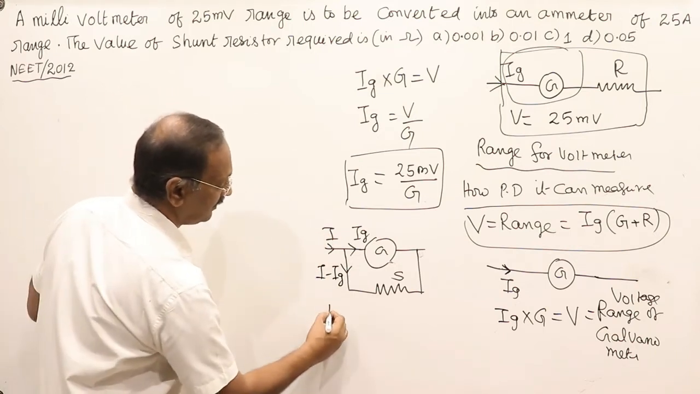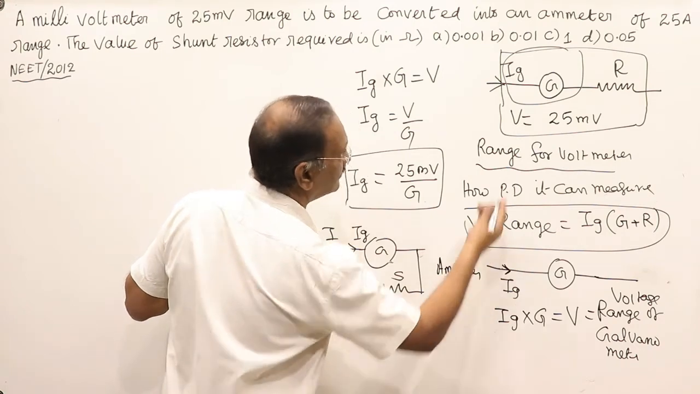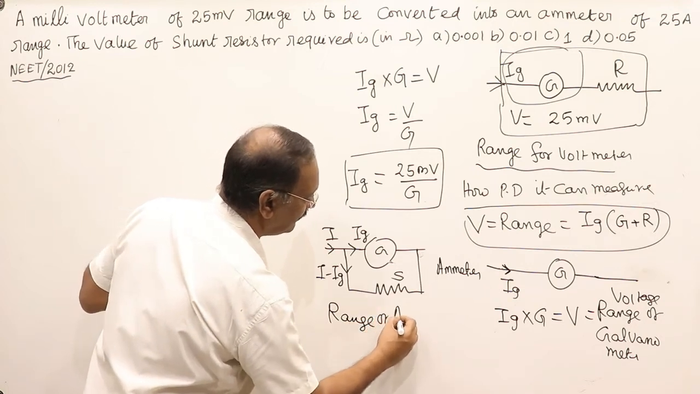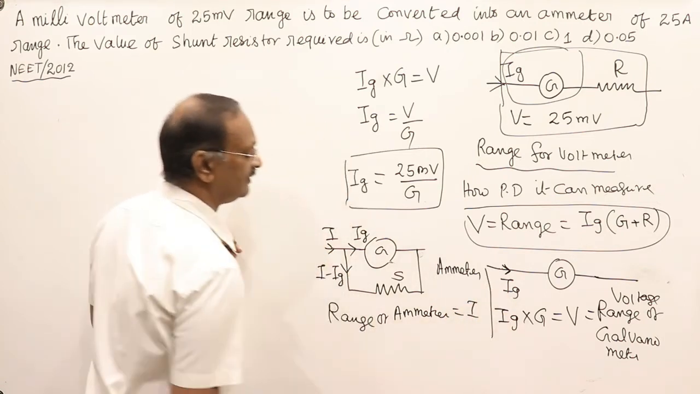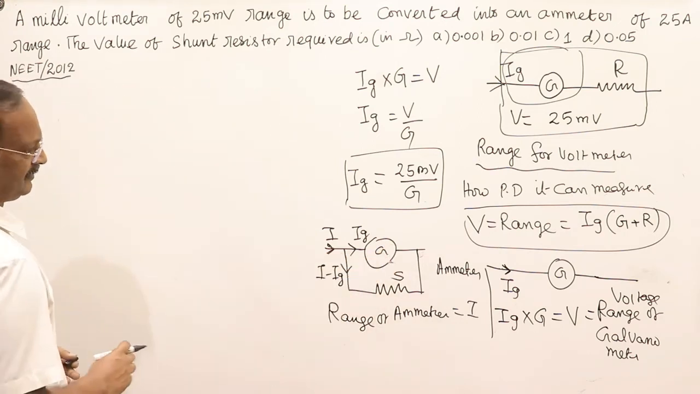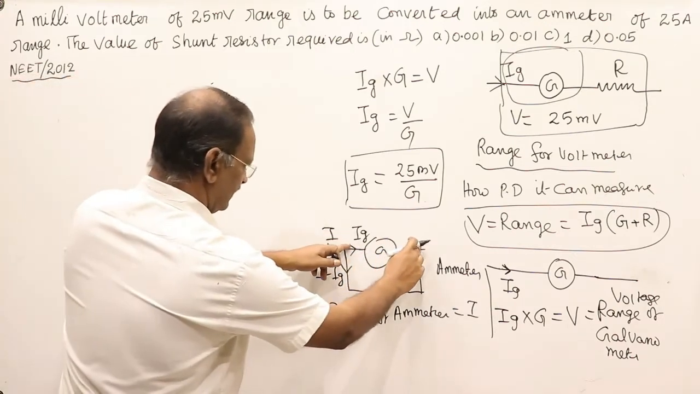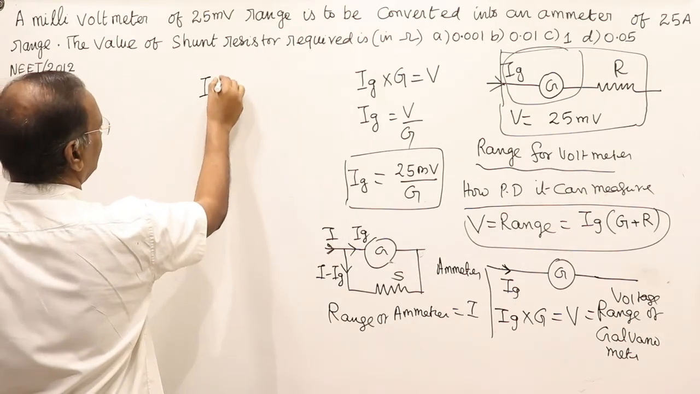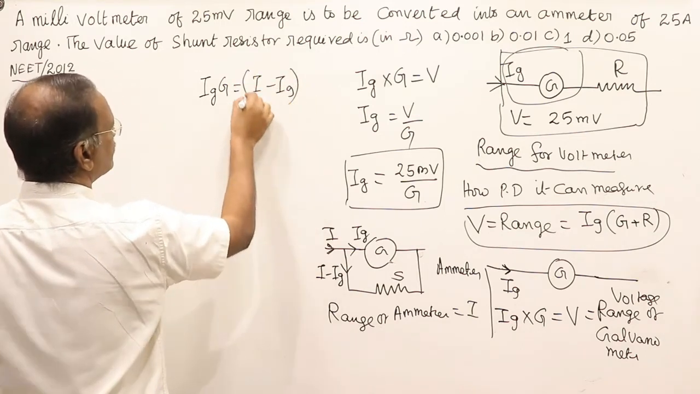What is the range of the ammeter now? This is the ammeter, this is the voltmeter. The range of the ammeter is how much current it can measure. From this equation, since the potential across the galvanometer is equal to the potential across the shunt for an ammeter, Ig into G is equal to I minus Ig into S,